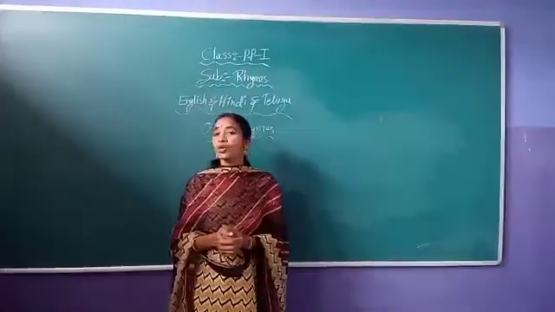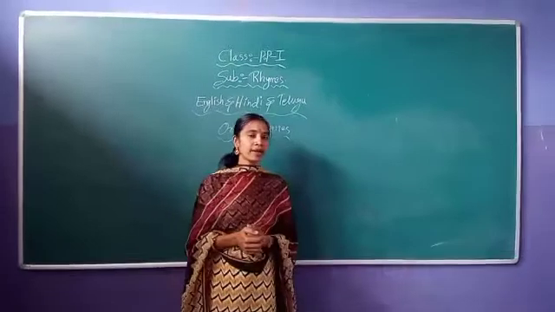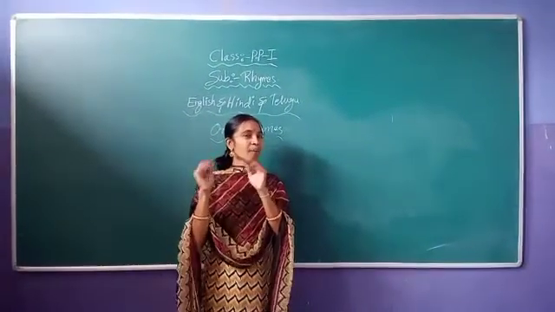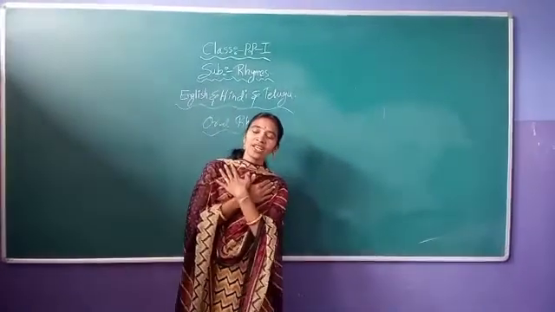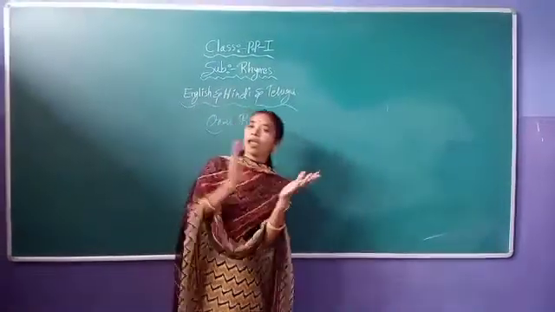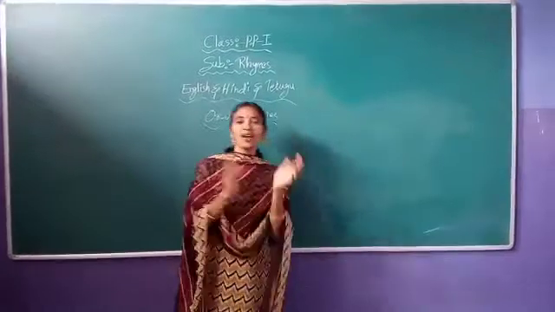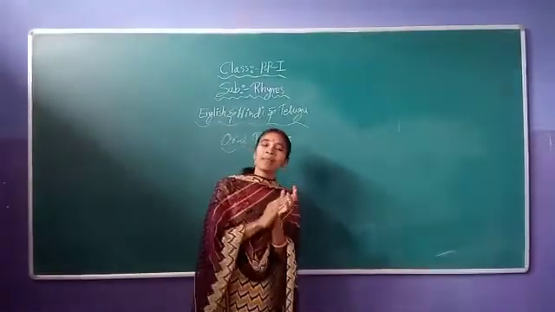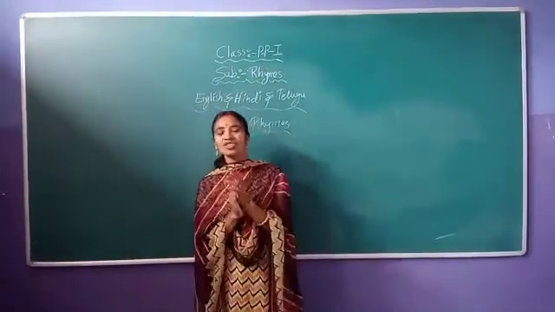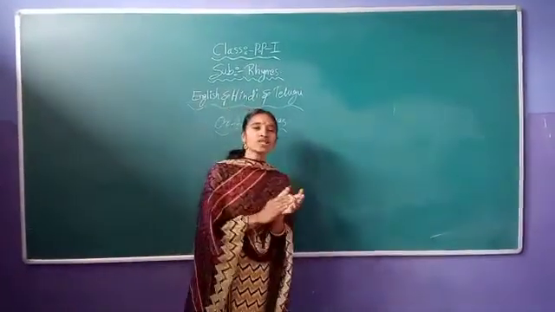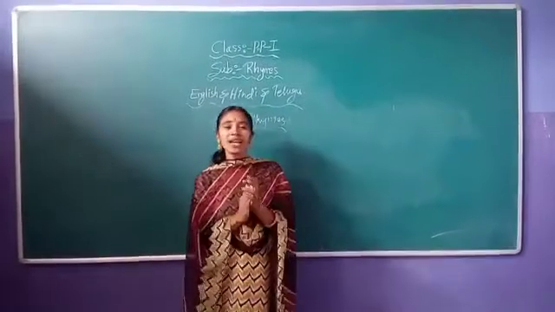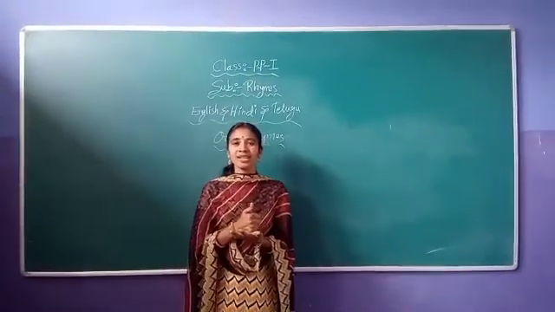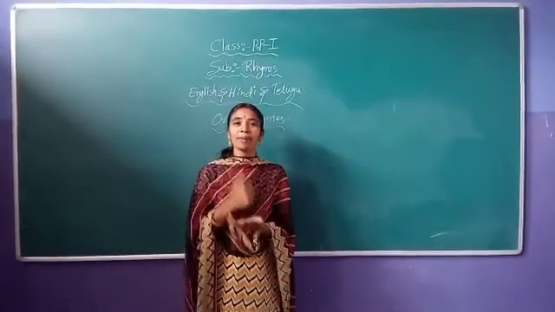What next time? Today's new rhyme, we must say: Come little children, okay? You also say with me. Come little children, come to me. I will teach you A, B, C. A, B, C, D, E, F, G, H, I, J, K, L, M, N, O, P, Q, R, S, T, U, V, W, X, Y, Z. Oh dear me, when shall I learn my A, B, C?